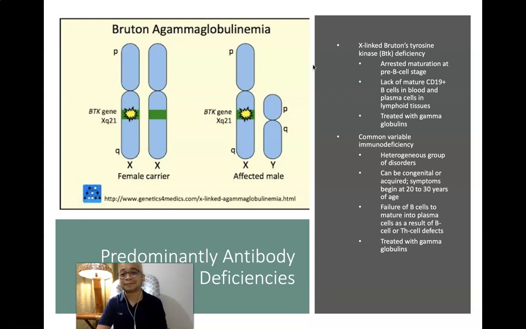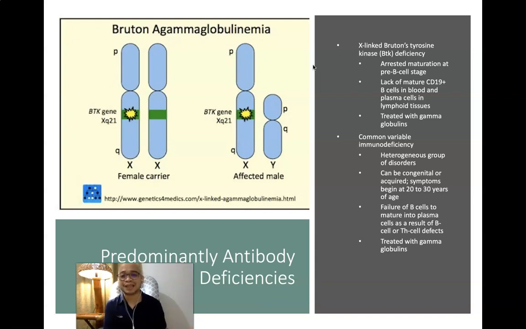So the person would lack gamma globulin, which means he will not be able to produce enough antibodies to combat pathogens. So usually people with Bruton's agammaglobulinemia will be treated with gamma globulins in order to augment the lack of